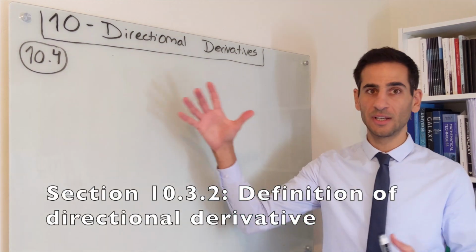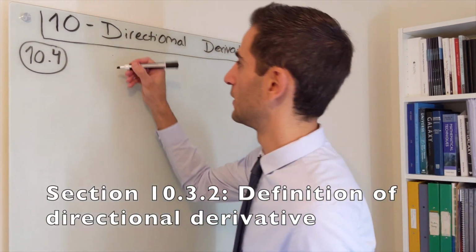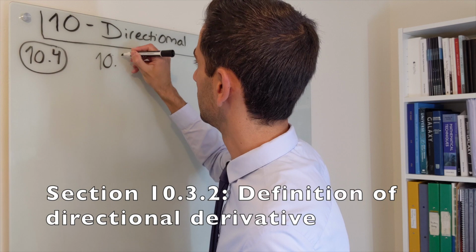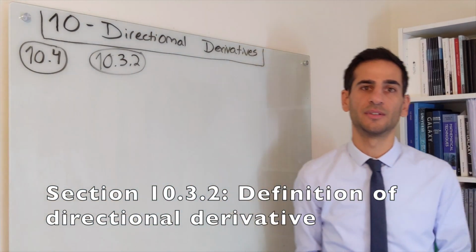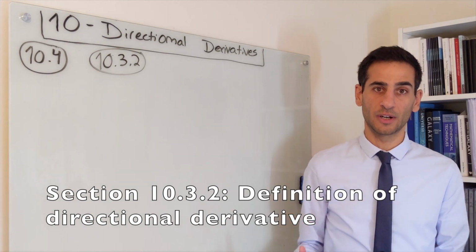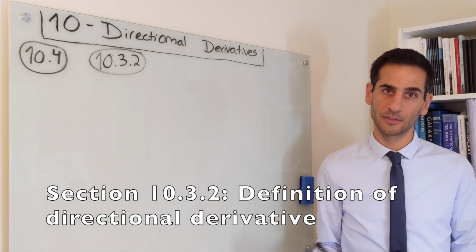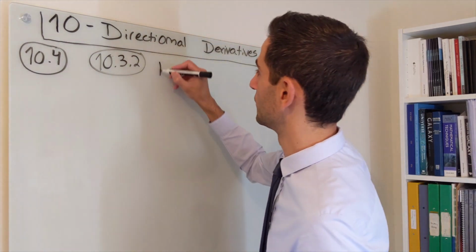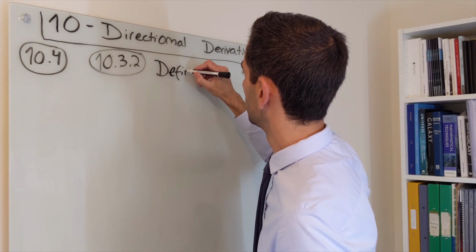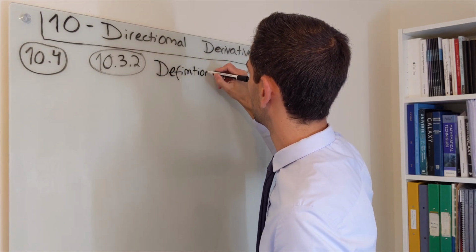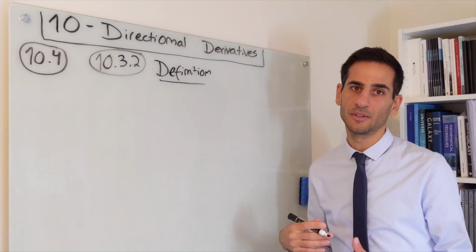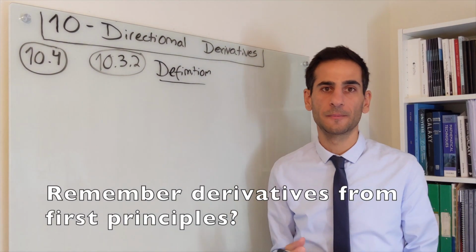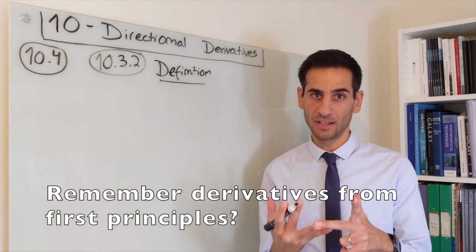Before we go into 10.4, you should actually have a look at 10.3.2, which tells you the formal definition of what it is to calculate the directional derivative. You can therefore write the definition of a directional derivative. It is very similar to partial derivatives and to the way that we define a derivative from